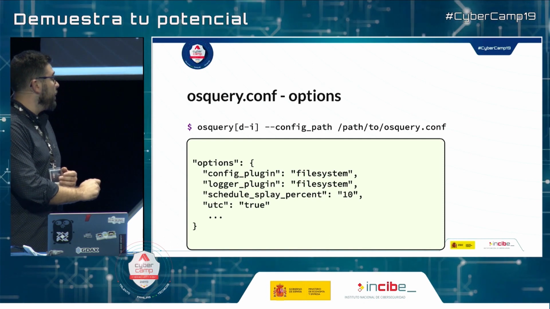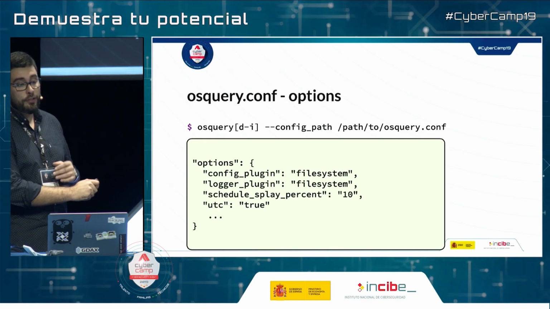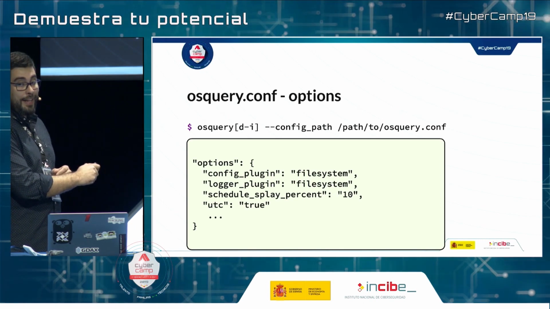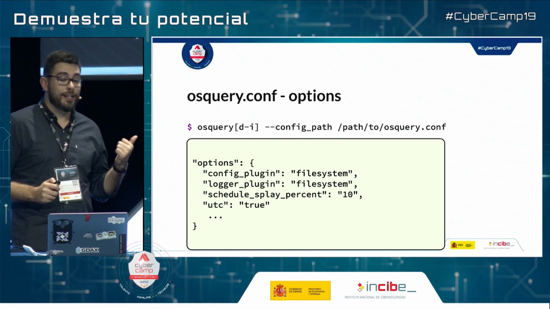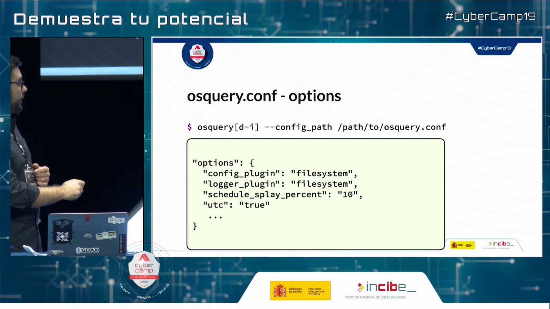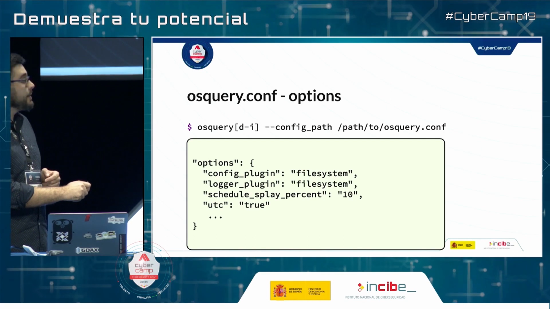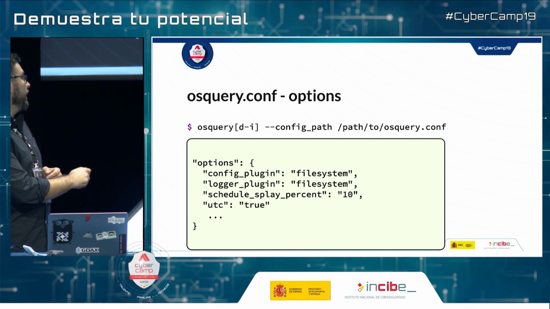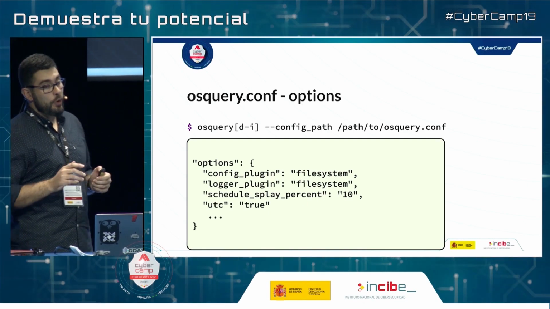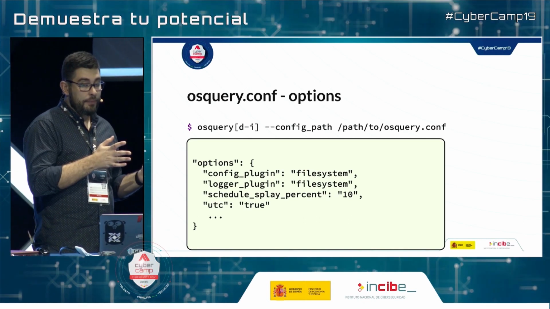Anyway, in this example, you can see that what we're doing is configuring the API file system, and you're taking it from the file system. This is the path, which is not the default path, because the default path is the one I showed you earlier in the different architectures. What we have here is the logger, which is where we're generating logs, and we would create log files locally in the system. And here in the splay field, what you are doing is avoiding CPU surges, and